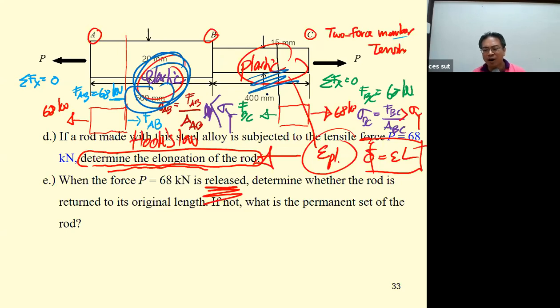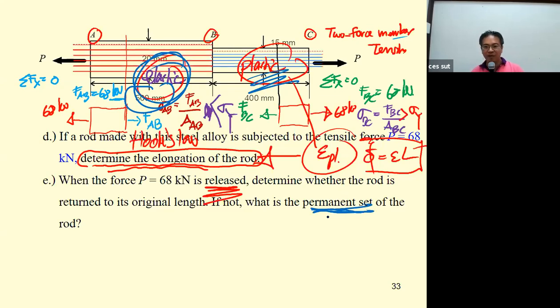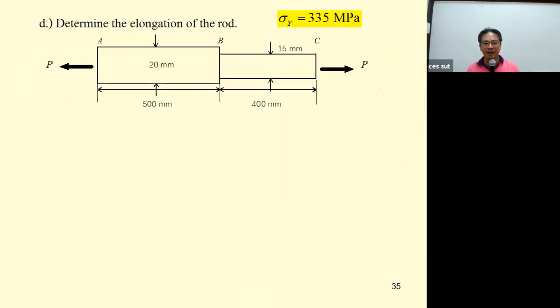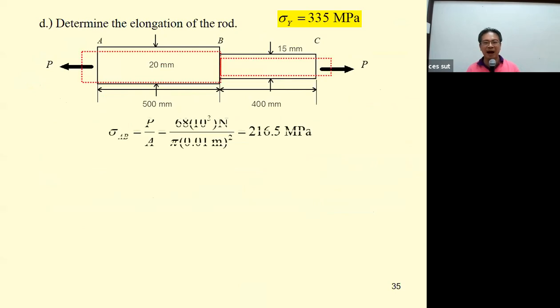But the plastic will have some permanent set. They ask you what is the permanent set of the lot. Okay, so now the first one you find the elongation, and then you find the permanent set. We determine this by cutting the structure, and for the first one you have to draw the free body diagram and find